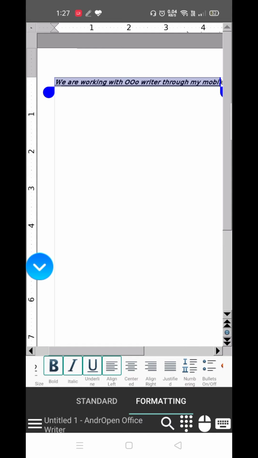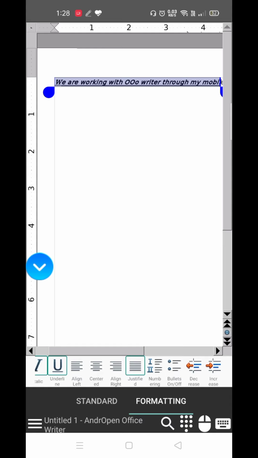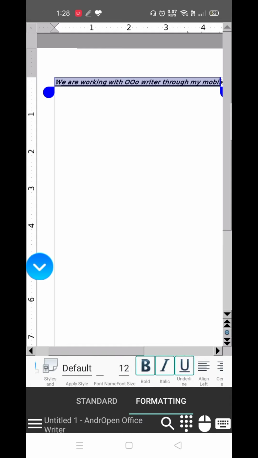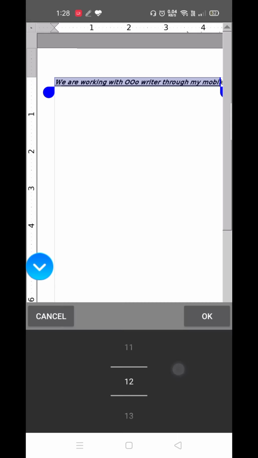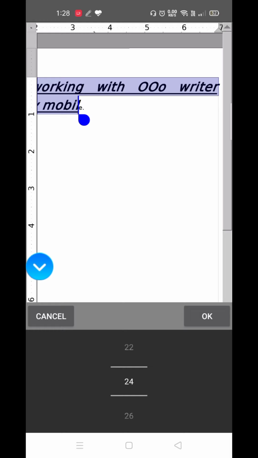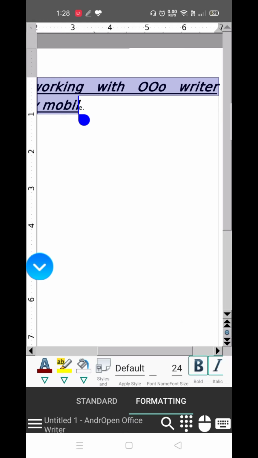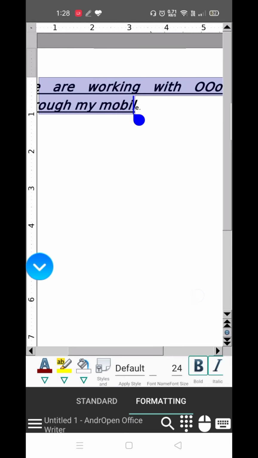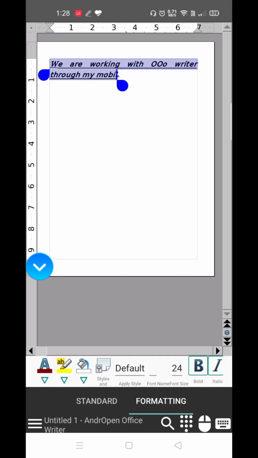Suppose you want to write this in the center of the page or the justified format. Select your alignment also. Fine. So from this bottom formatting toolbar, you can select as many features as you want to apply in this, and all these features will be instantly applied. For example, I want to change the font size. I want to write with this 24 font size. As you can see, in just a click I got my font size. Fine. As you can see, in just a click I got all the features which I applied.